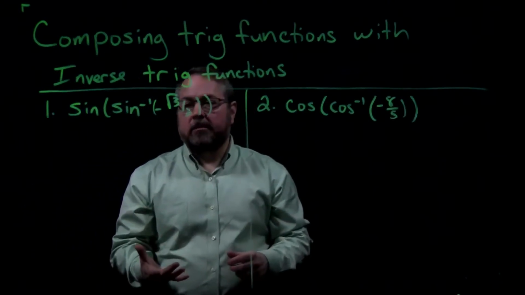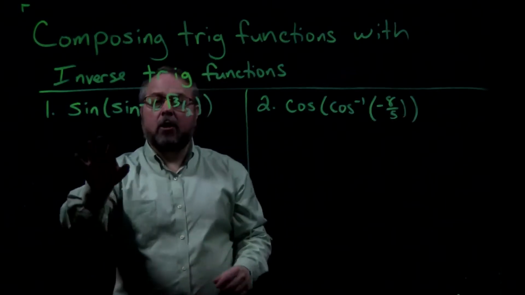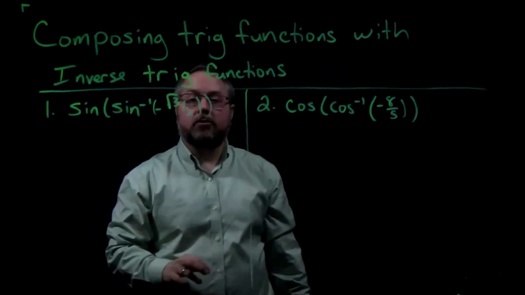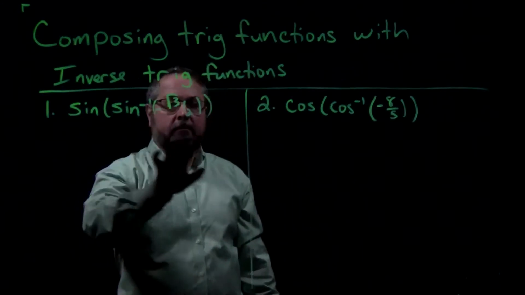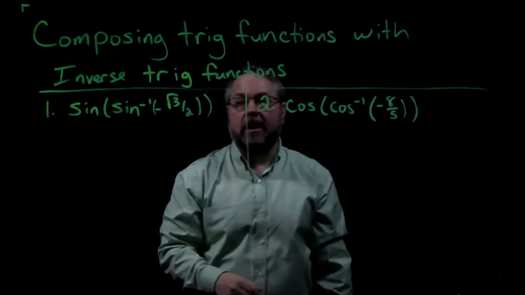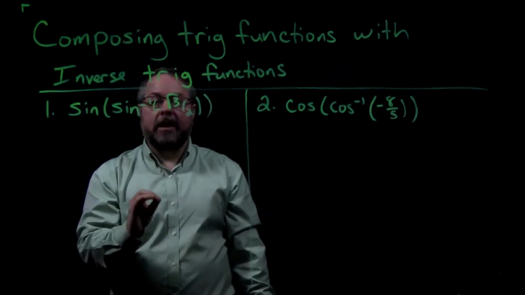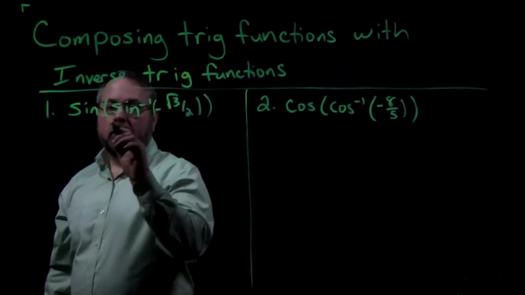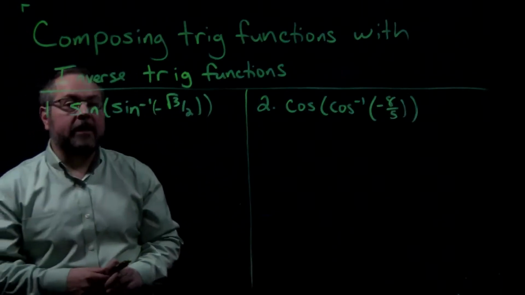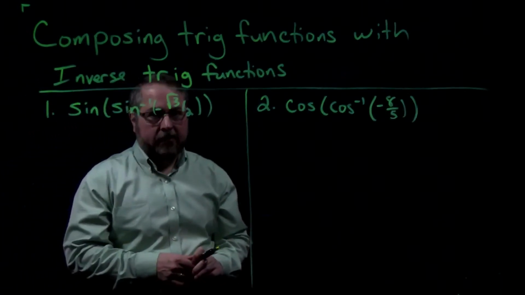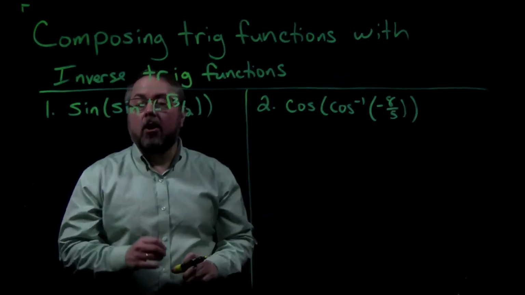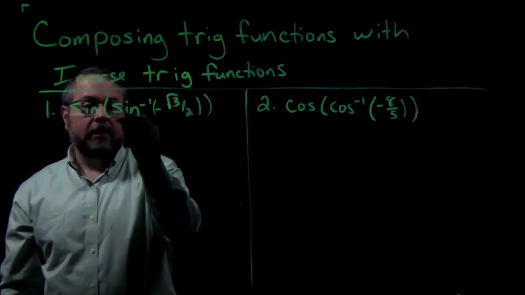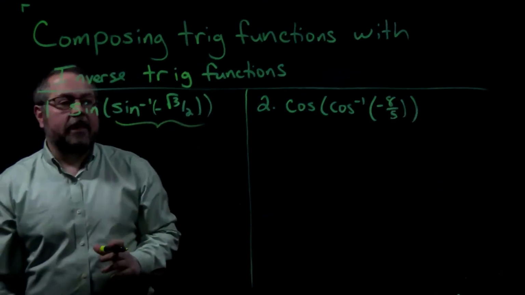We're going to start out with some examples in this video where we have the same trig function as the inverse trig function, so sine of inverse sine or cosine of inverse cosine. And I'll start out with the inverse trig function on the inside. So let's suppose, for example, we wanted to evaluate the sine of the inverse sine of negative square root of 3 over 2. Well, this example we can actually just do by evaluation, because the inverse sine of negative